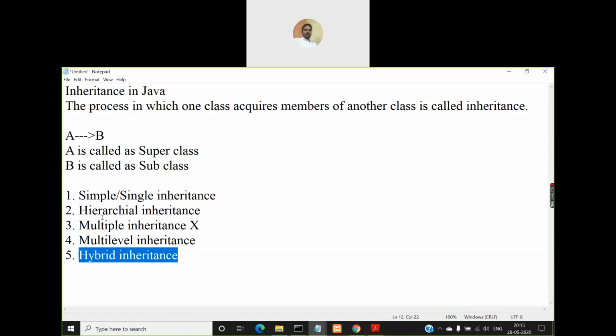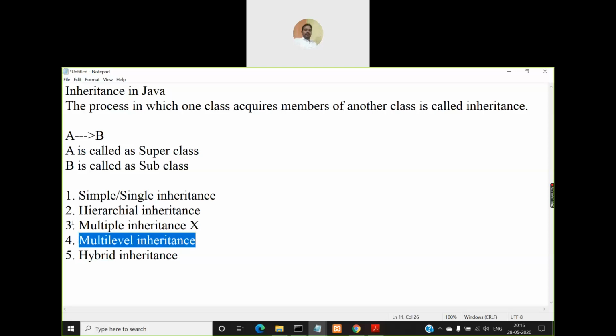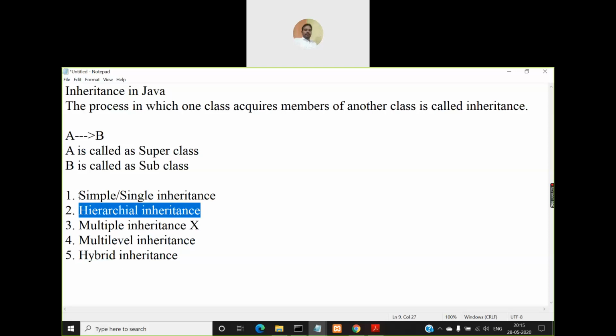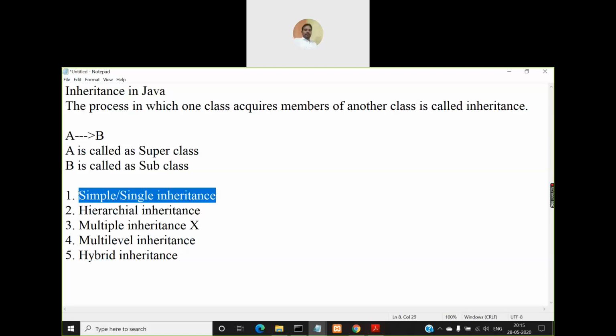So again, when you say it is a mixture, if that mixture contains multiple, then that will also not be supported. So you can form hybrid inheritance combining multi-level, hierarchical, or single inheritance. But you cannot get hybrid inheritance by combining multiple and multi-level or multiple and hierarchical inheritance.